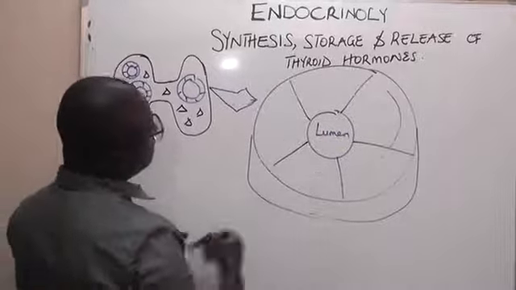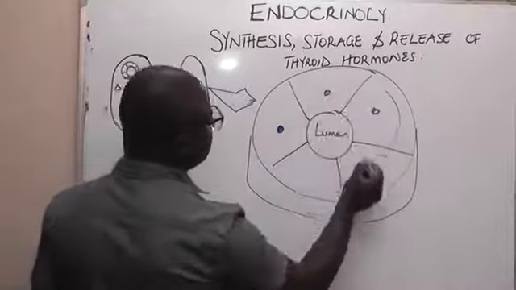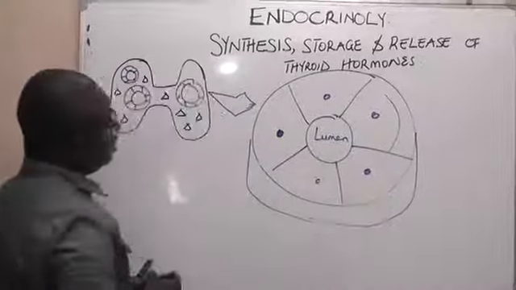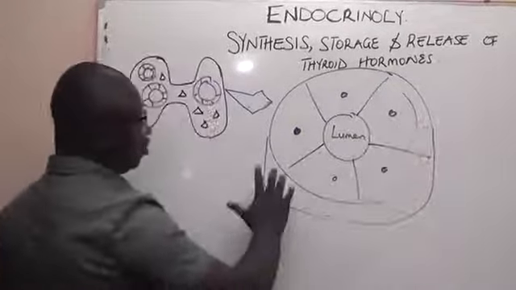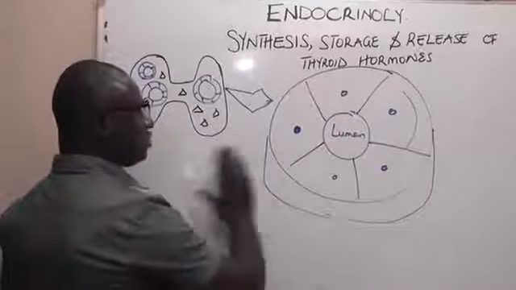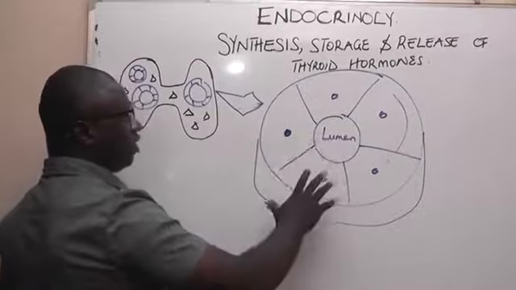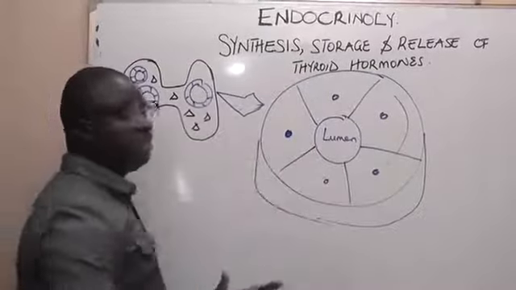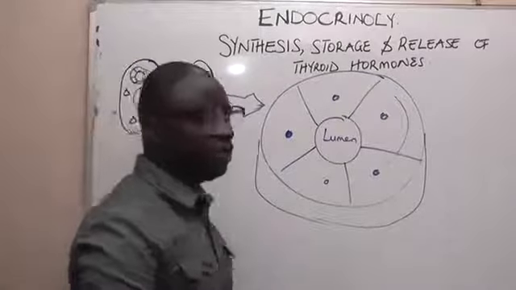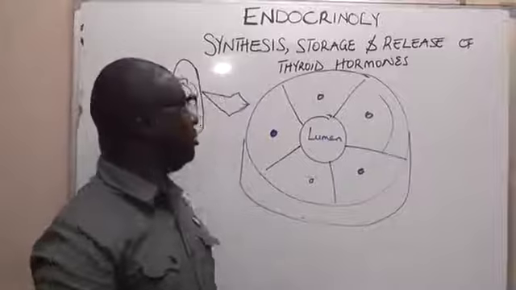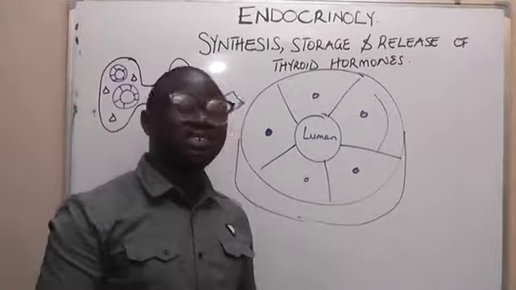So these cells, as I said, are made up of cuboidal epithelial cells. Now, this is just a typical example of a follicular cell. Now, what actually causes the stimulation? What causes this cell to produce T3 and T4? Now, if you remember from the hypothalamus, the hypothalamus actually releases some hormones known as thyroid-releasing hormones,